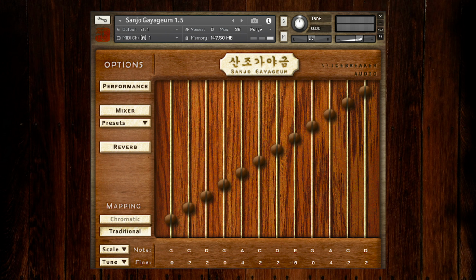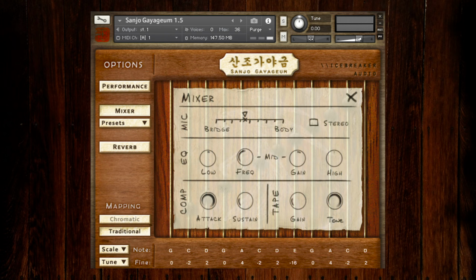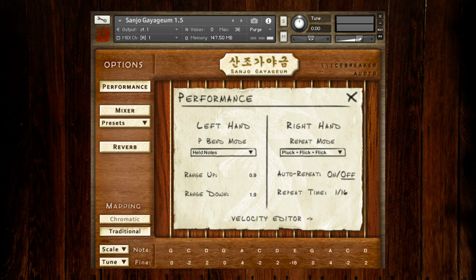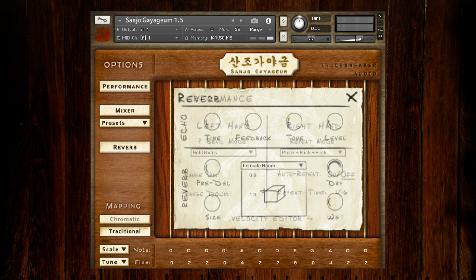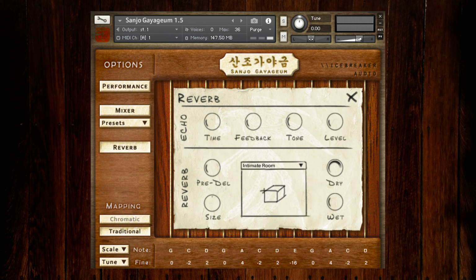A really meticulously recorded Korean Gayageum string instrument presented in a nice Kontakt interface with plenty of options for adjusting tuning, playing, performance style, mixing and reverb. This instrument requires the full version of Native Instruments Kontakt 6.4.2 or higher and won't work in the free Kontakt player,